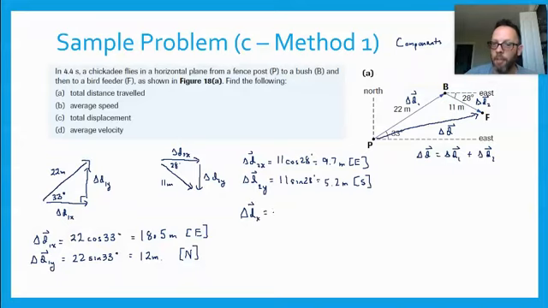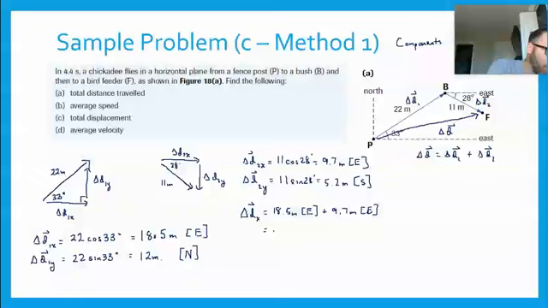So we could show a step here, or many of you guys could just see it intuitively. But we have 18.5 meters east. Like you don't necessarily need to show this step if you see it. 18.5 meters east, and in the second leg we traveled 9.7 meters east, and so that's just going to give 18.5. Those are the same units, the same direction, so we can just add those together. 28.2 meters east,